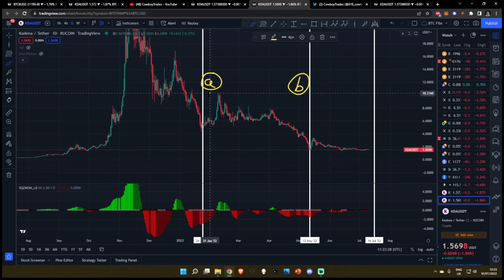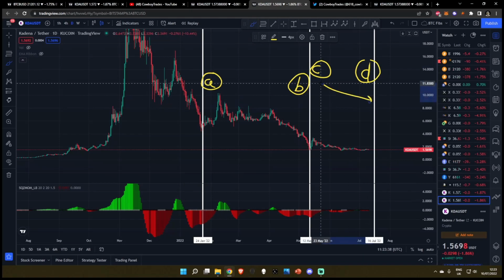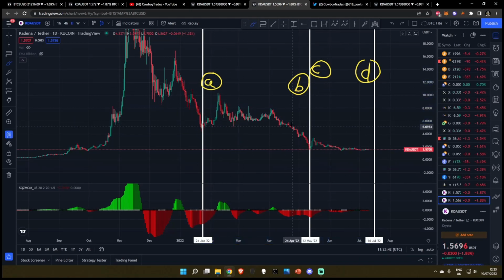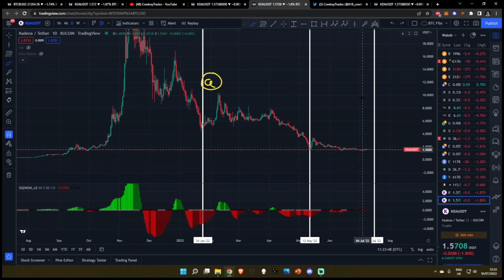So the move that we've had from A to B, in my opinion, is playing out as the same fractal as if this line here was C and this line here was D. This is the exact same fractal that we've got playing out. I'm not talking about an A, B, C, D Elliott wave correction. I'm talking about the two lines. This move from here to here, and then this move from here to here is exactly the same,